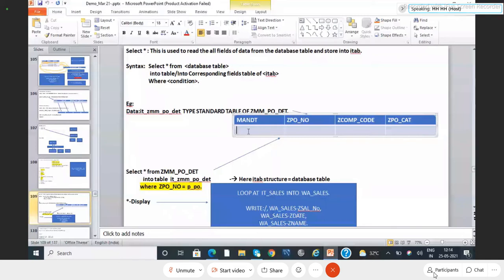But if you want more fields, 50 or 60 fields from the table, that is a very rare case. Some people will use select star blindly. Even for 30 fields, if I have to go and fetch field by field, that is difficult for me, so I will very simply use select star, they say. That's okay, but don't use it because it is an expensive statement.